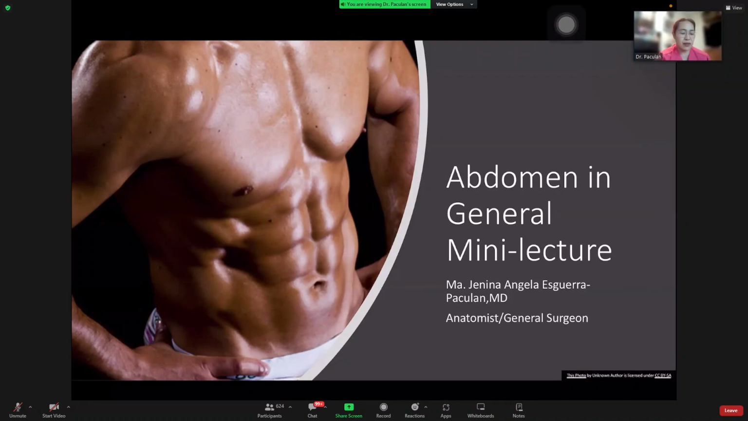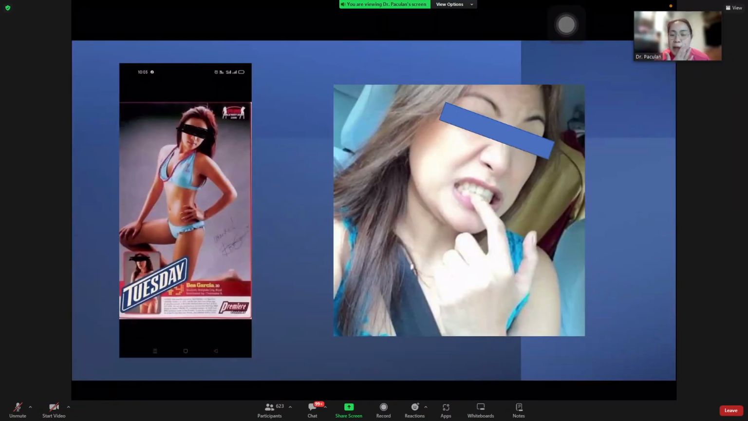Anyway, I'm an anatomist and a general surgeon by practice. So this next slide is a patient of mine. She's a sex bomb babe, whatever they call them. Anyway, she had been a patient of mine since 2017, and this is how she looks. However, because she had a baby and she loves eating,